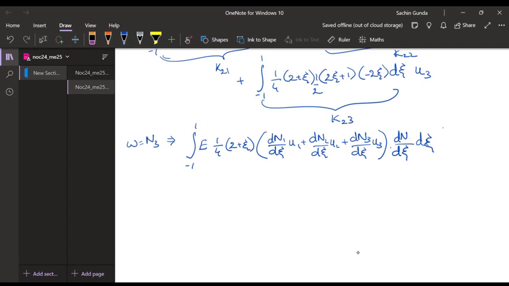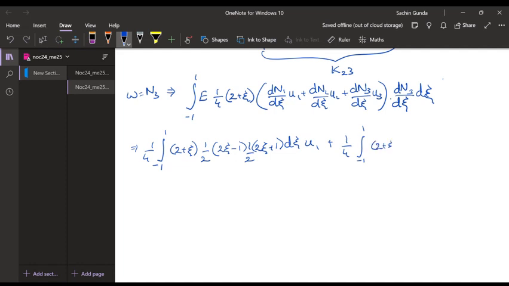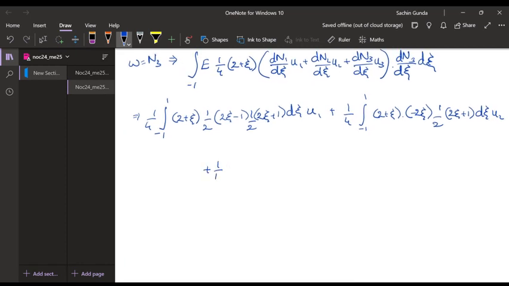Yes, this final term would be 3, and if we find out the terms of the k, it would be 2 plus psi, half (2 psi minus 1) times dn3 by d psi, u1, plus 1 by 4, minus 1 to 1, 2 plus psi into minus 2 psi times half (2 psi plus 1) d psi u2, and the third term will be